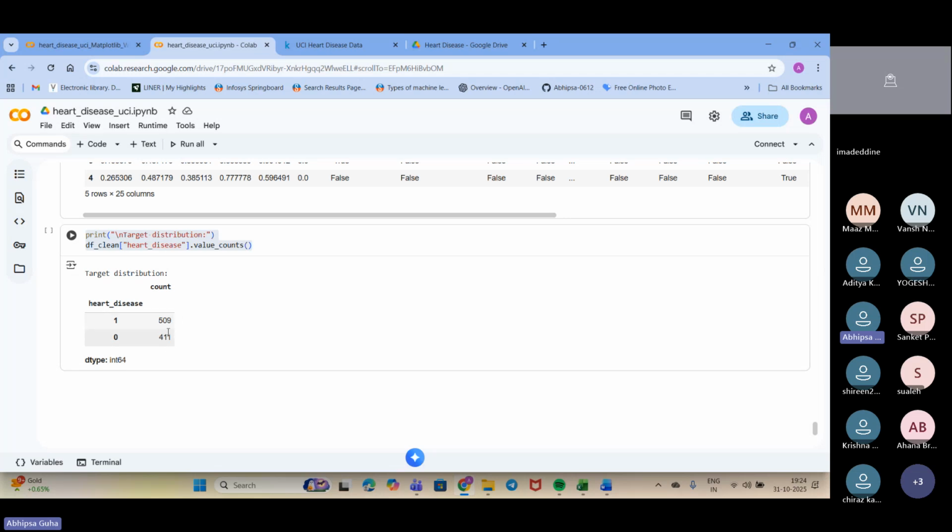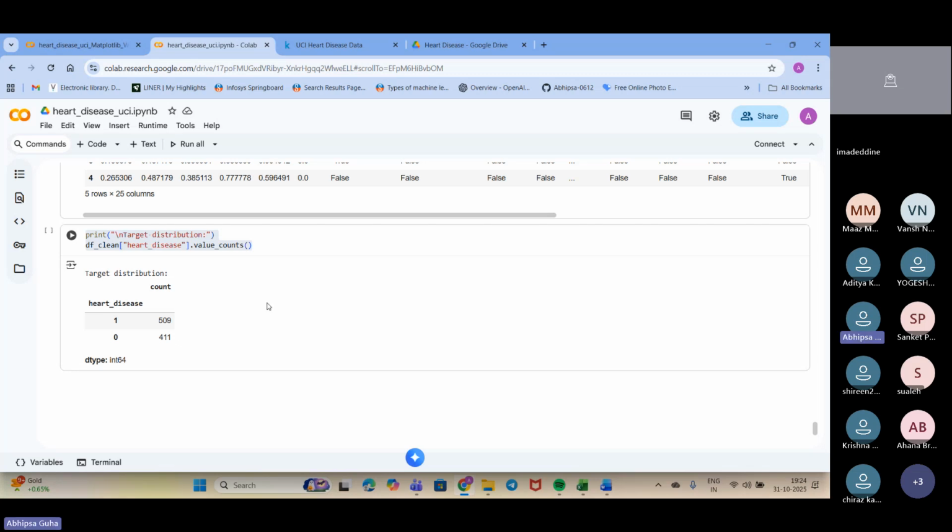So the classes are quite balanced. If instead the value was, say, 11 for 0 and 509 for 1, there would be a class imbalance and my model would not learn well, so I would have to handle that. Okay. So these are all the pre-processing steps that we have taken on this data to make things better and understandable.